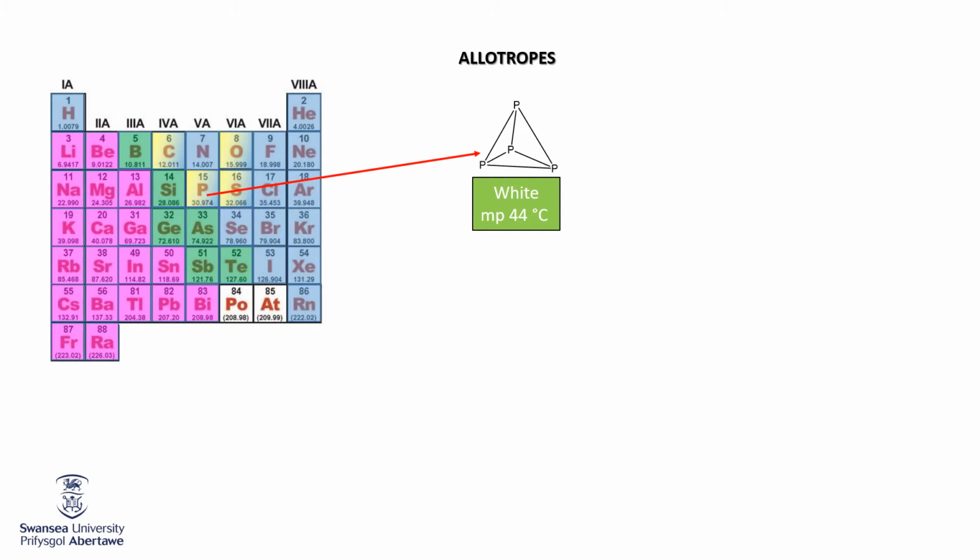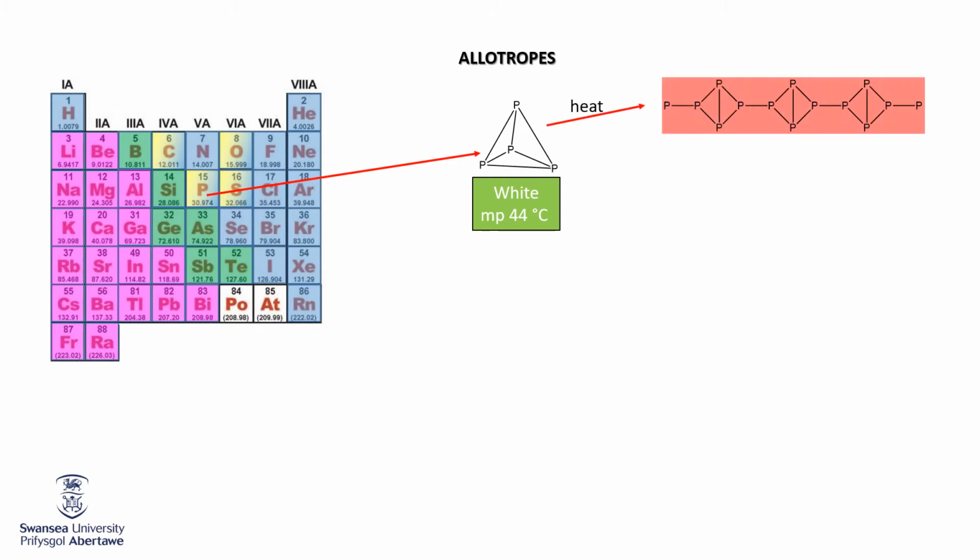You can see it melts at 44 degrees Celsius because those tetrahedra don't pack tremendously well together, and so it has a fairly low melting point. Extremely reactive, stored underwater because it reacts like crazy in air. Anyway, if you heat white phosphorus, you can turn it into several different allotropes. There are multiple weird versions of these, but the three most important allotropes are, first of all,